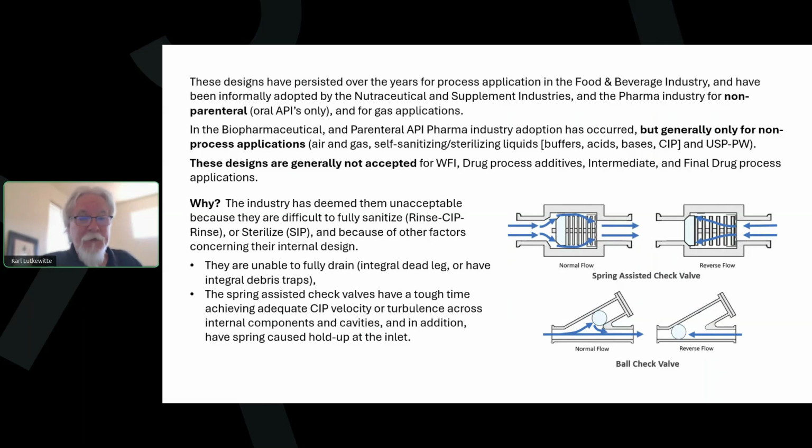But those applications only. In the biopharmaceutical and parenteral API pharma industry, in other words, if they're making chemical drugs for injection or for inhalation, those check valve designs are not suitable for process applications. The biopharmaceutical and parenteral industry uses those for air and gas and for self-sanitizing, sterilizing liquids like buffers, acids, and bases and CIP, but they won't use them on WFI, on drug process, additives, on intermediate drug process or final drug process. Why? Because they're deemed non-acceptable,